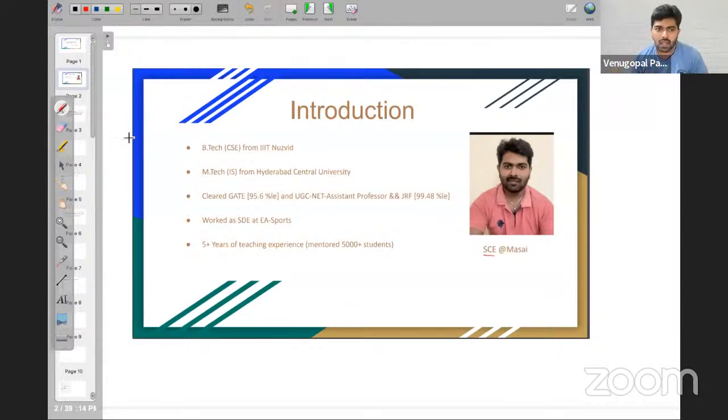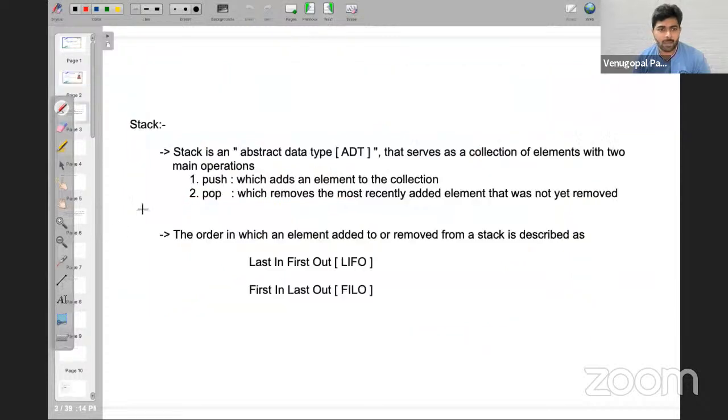So now we'll start directly with the topic, that is stacks. We should understand the proper formal definition of a stack. Many people, if I ask what is a stack, will say a stack is a data structure which works on the last in first out model. But in an interview, you need to give the proper definition. Now let us see the exact definition of a stack.